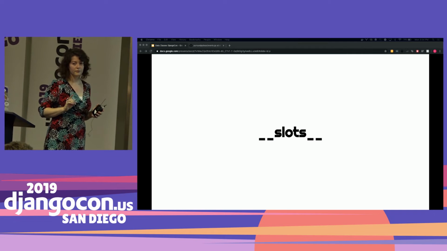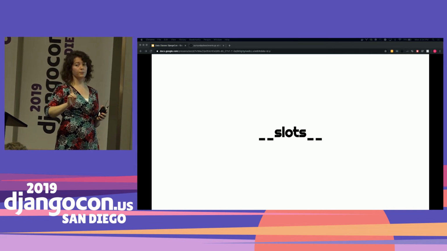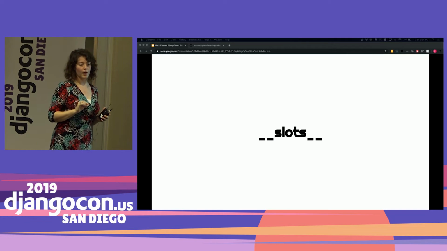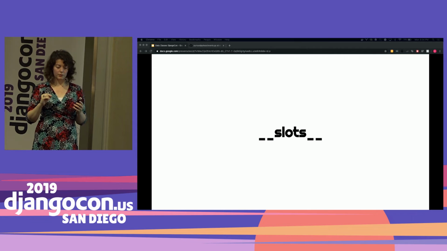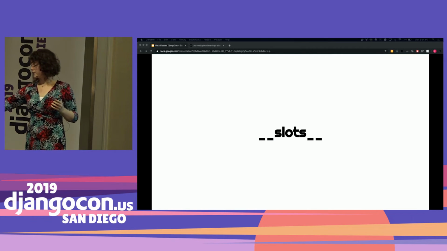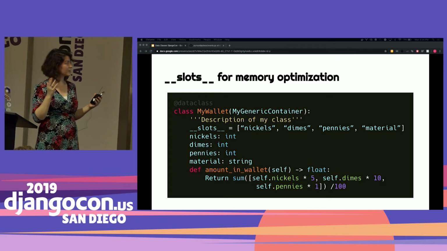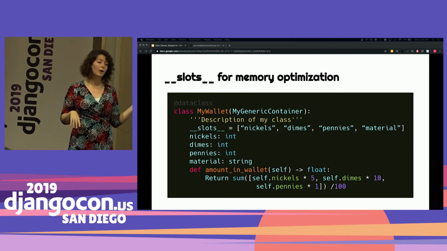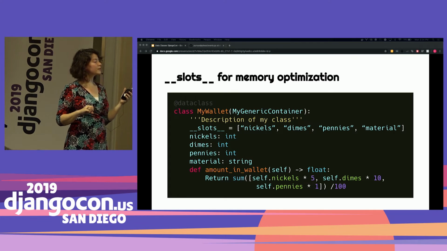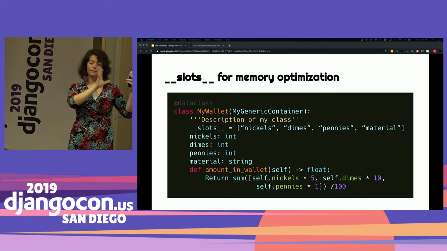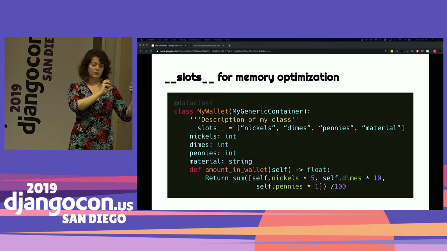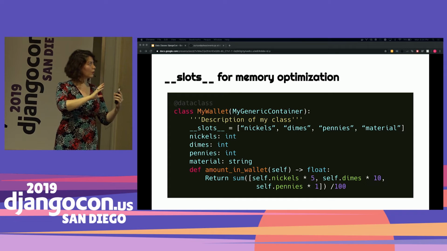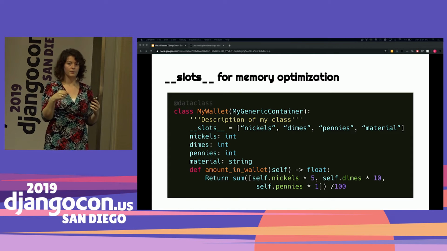A cool thing, though, that this allows you to do, but does not automatically provide, is the Dunder slots method, which is memory optimization. Because we're writing so much less code, you're going to just stick it in there. It's still explicit what the class is trying to accomplish, but it allows you to say, hey, data class, take these data fields and don't always load them into RAM, stick them down, and only call them up when needed. It optimizes at that level.